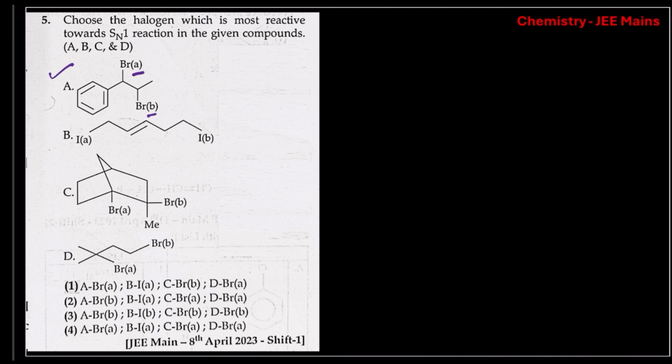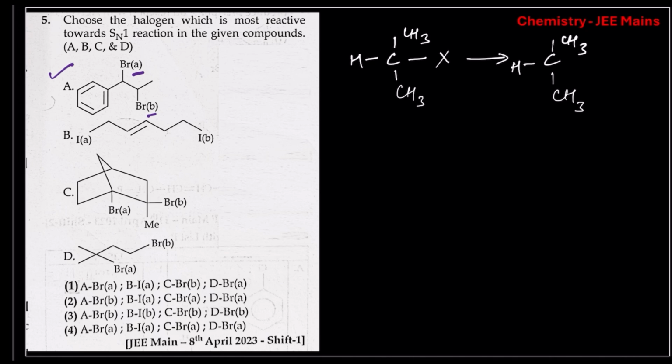Now, SN1 reaction proceeds by the formation of carbocation. For example, a compound like this, suppose CH3, H, CH3, and here halogen. This carbon-halogen bond breaks and it results in the carbocation intermediate and the halide ion. So this is the intermediate formed. Now, the more the stability of the carbocation formed, the more will be the reactivity of this given compound towards